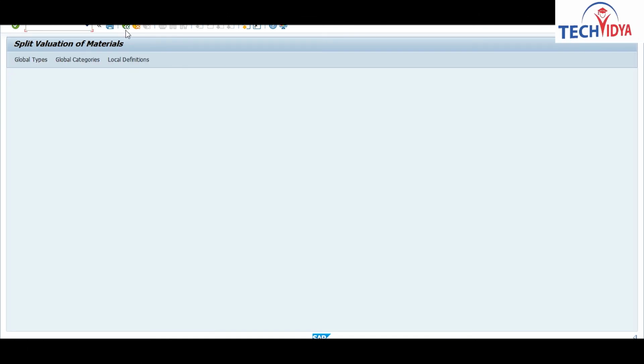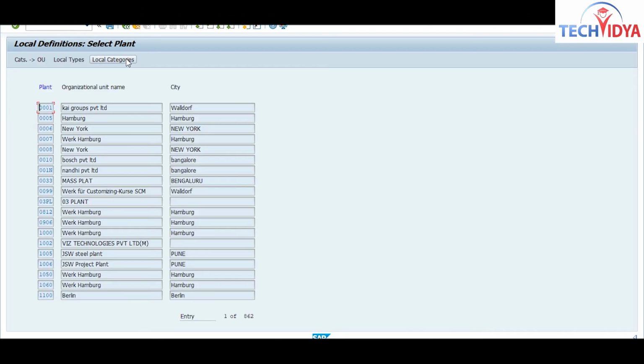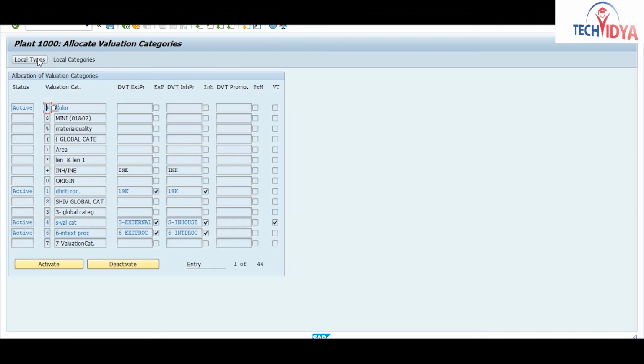Click on back. So we have done all the settings. So you can see this is your plant. Select this plant, check this option. This is my category 4 and it is activated.